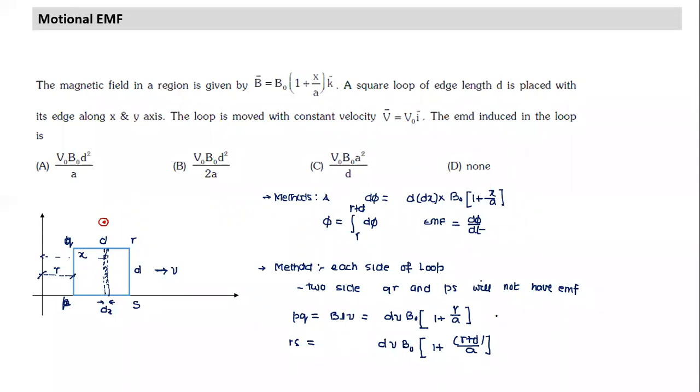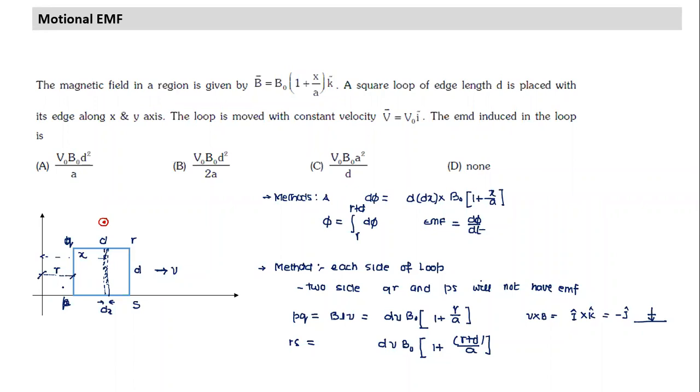So I can replace both with a battery. In the PQ side, what will be the orientation of the battery? I can find first V cross B. What is the V cross B direction in this case? In both cases, V cross B direction is i cap cross k cap, which is equal to minus j cap. So this is the direction of FB, which is the downward direction. It means the battery will be like this. This is how both side batteries will be.